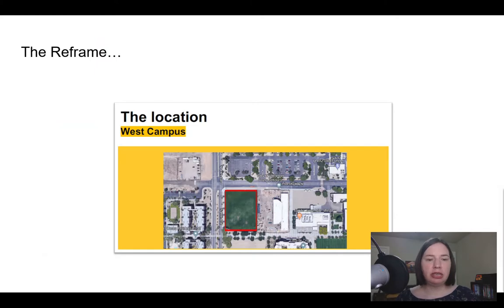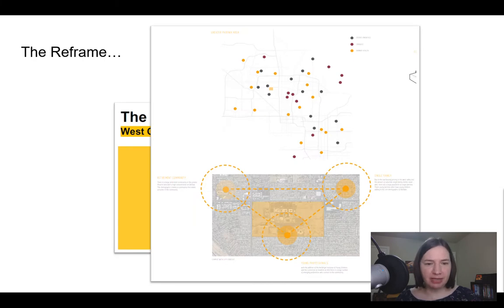But when she did a needs analysis, she said, I don't think that the need is necessarily a building. Let's try reframing this. I think the need is having a lot of different spaces for people to connect around learning and innovation. And so she changed the problem, because the problem became we need a whole bunch of different spaces for people to connect. And that went with the solution of creating these spaces to connect. So do you see how the problem and solution start working together? They define each other.